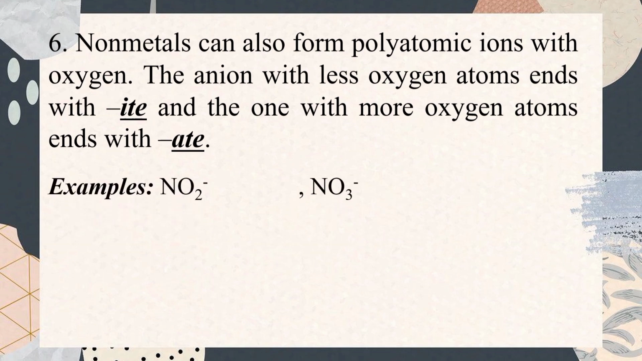Let's have an example. We have NO2 -1 and NO3 -1. For the polyatomic ion NO2, we use the suffix ite added to the root name of the first nonmetal element. In this case, the first nonmetal element is nitrogen, with the root name nitr. So therefore, the name of the polyatomic ion would be